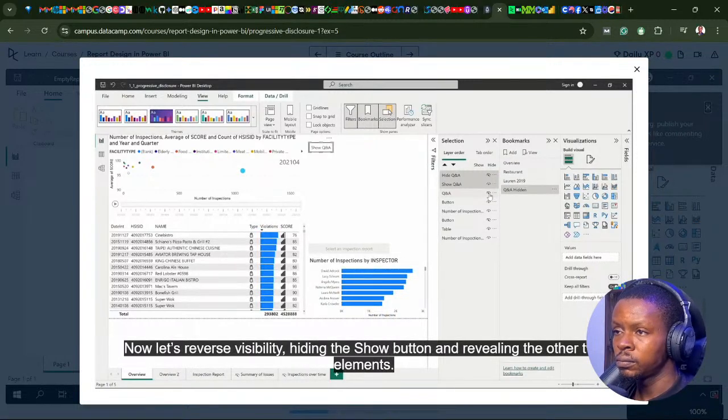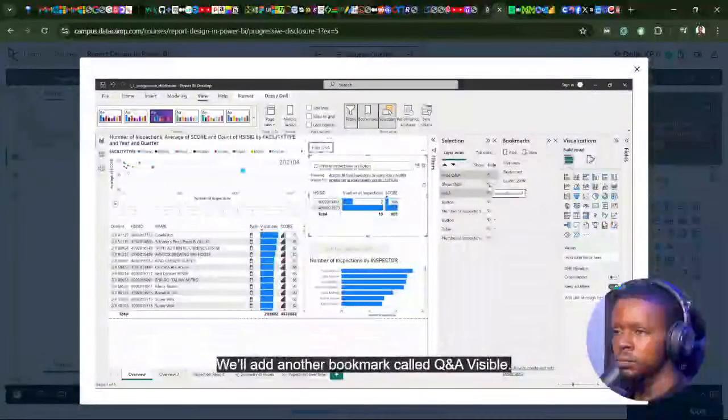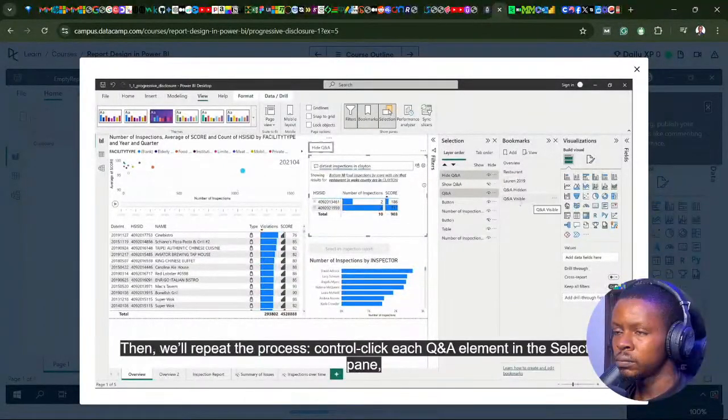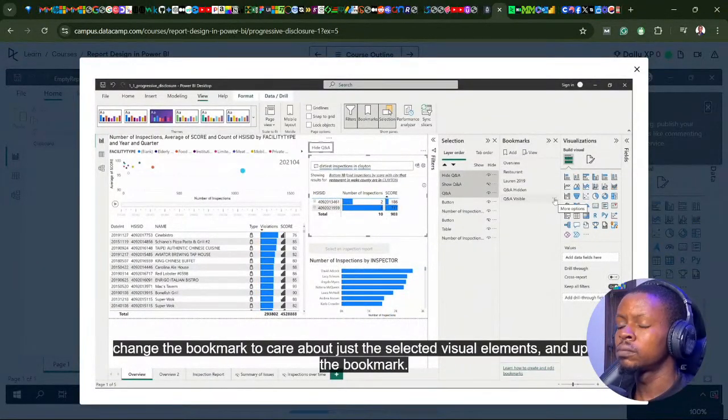Now let's reverse visibility, hiding the Show button and revealing the other two elements. We'll add another bookmark called Q&A Visible. Then we'll repeat the process. Control-click each Q&A element in the selection pane, change the bookmark to care about just the selected visual elements, and